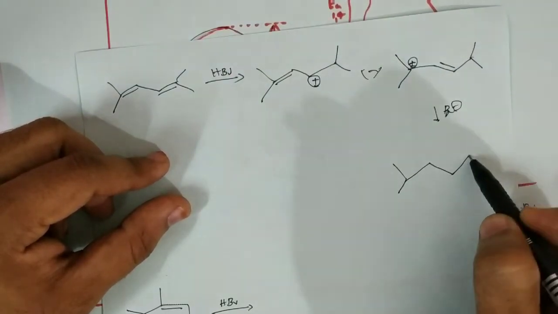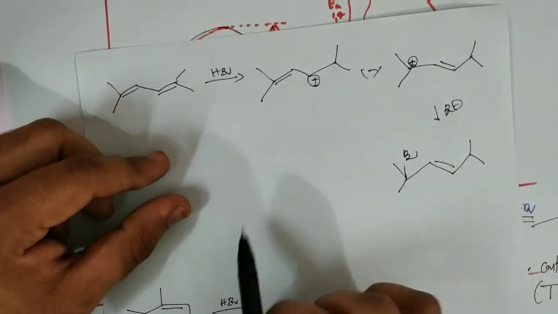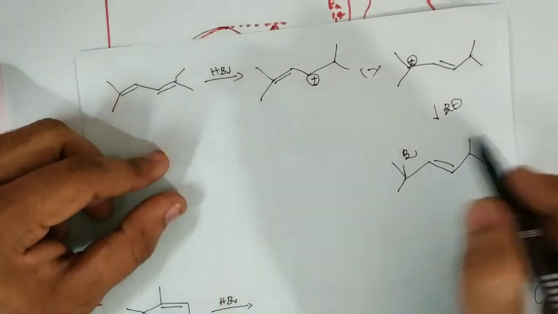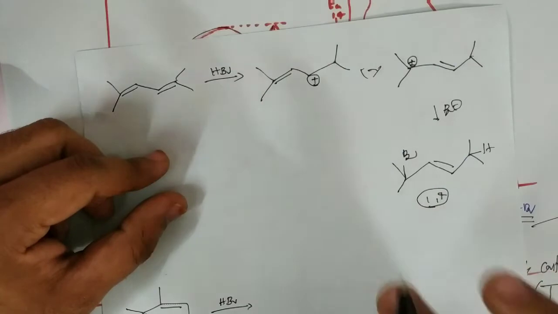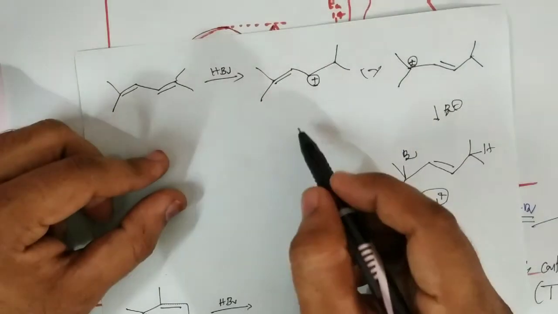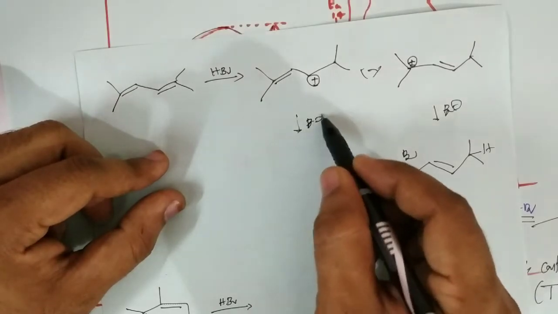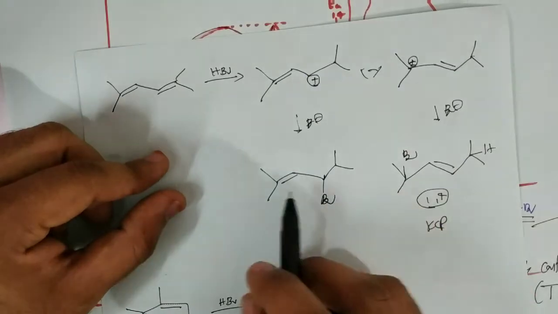So in this case, very interestingly, the 1,4 product is the kinetically controlled product. First of all, protonation takes place on this carbon. So hydrogen is added to this carbon. So this is a 1,4 product, but a kinetically controlled product because it is formed through the stable carbocation. Now in this case, if Br minus attacks on this one, it is the thermally controlled product. Why? Because this one has a more number of alpha hydrogens.